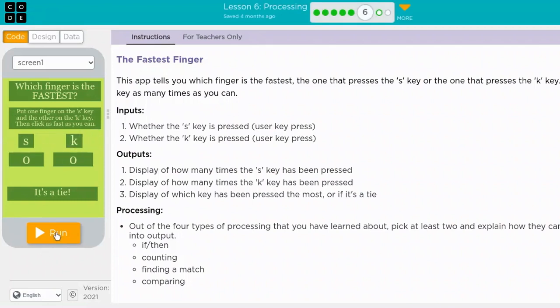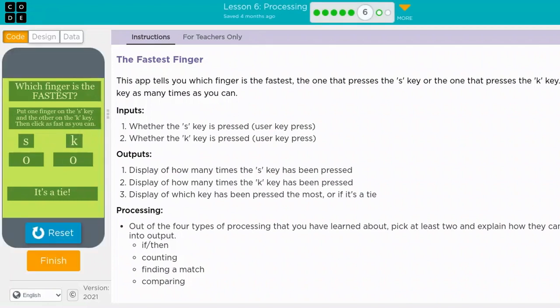Which finger is the fastest? Put one finger on the S key, the other one on the K, and then we just keep going as fast as we can. So I just keep clicking and clicking. And every single time I press the S key, it notches that. Every single time I press the K key,